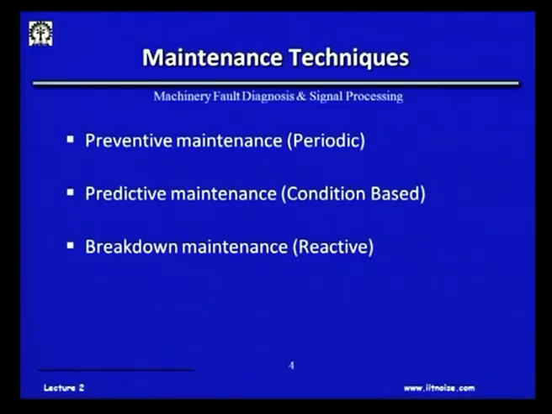There are 3 very important types of machine maintenance. The very first one is preventive maintenance, or what is known as periodic maintenance, followed by predictive maintenance or condition based maintenance, and the last one is actually no maintenance, which is known as breakdown maintenance or reactive maintenance. And in this course we are actually going to focus on the second one, that is condition based maintenance. In fact, I had told you in the first class that we are gearing towards all this instrumentation, signal acquisition, data acquisition, analysis, all because of this CBM.